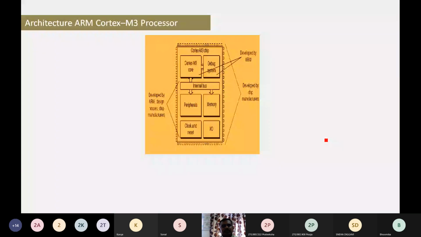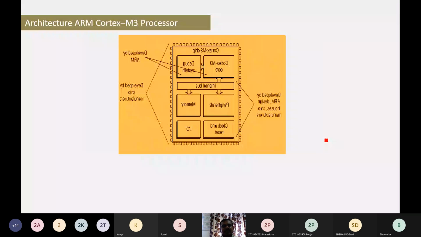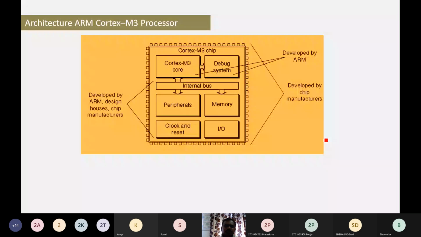The architecture of the ARM Cortex M3 processor supports the previous version; it is the upgraded version of the previous chip. The complete chip is developed by chip manufacturers, and some of the previous version chips are upgraded.